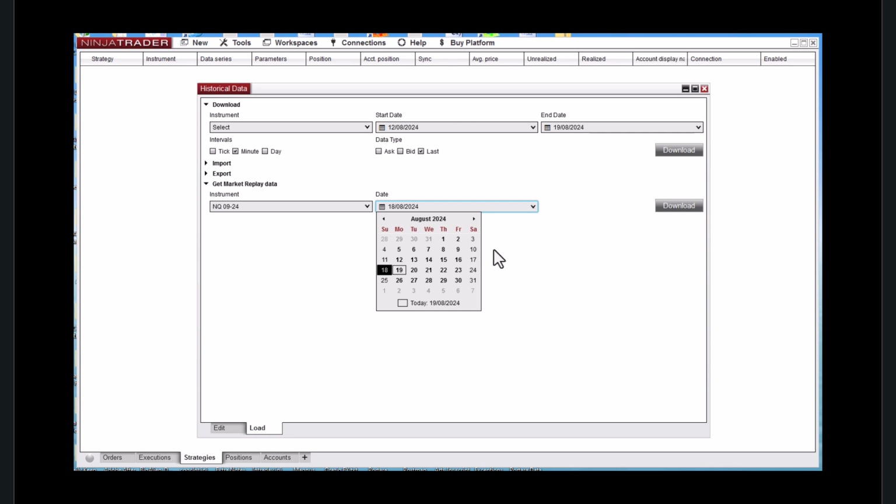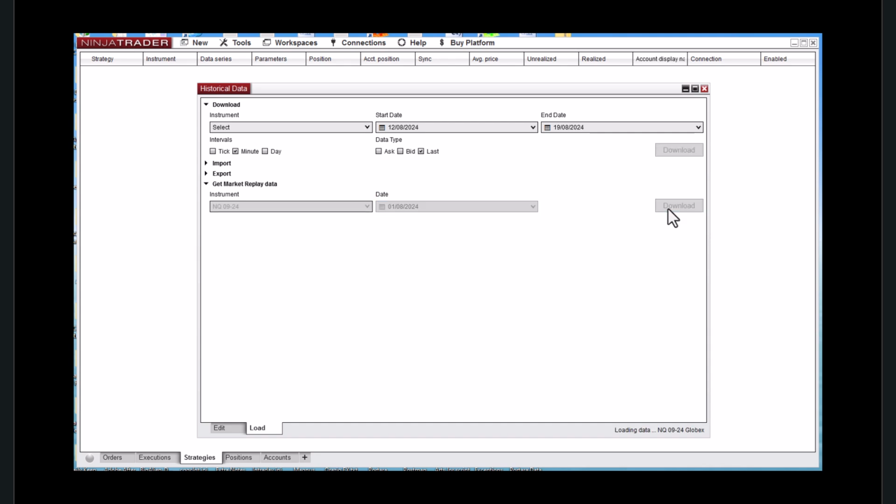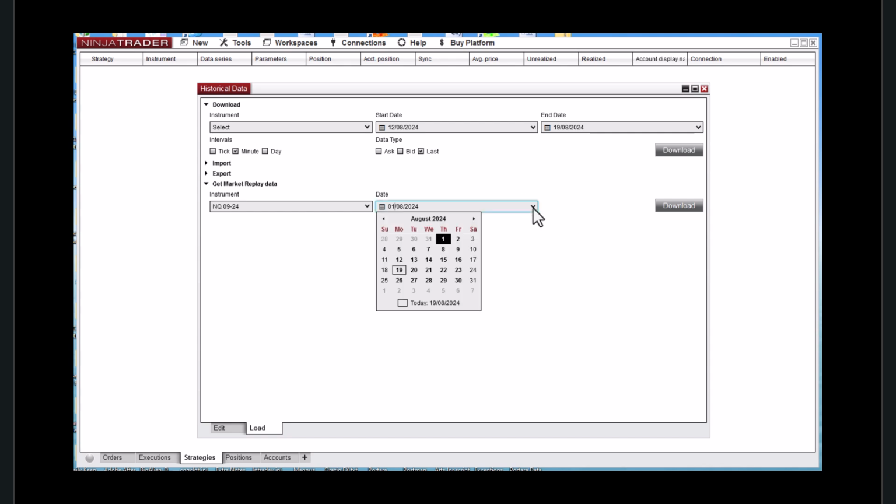It does it on a per day basis, and what it does is it will pull this into the market replay data area for you, and whatever it does behind the scenes, it lines everything up. So we're going to click on the first and then the download button here, and we're going to click on there, and you can see it loading the data in. And then we're going to choose another date, and we'll just choose one more. We'll choose the second because we know that's where the end of our file is, and we're going to download